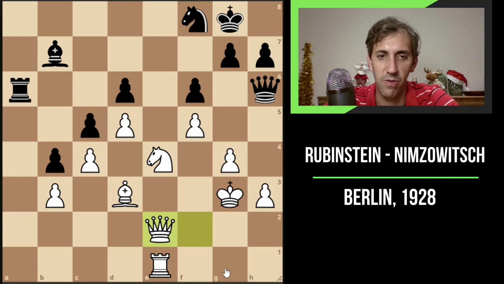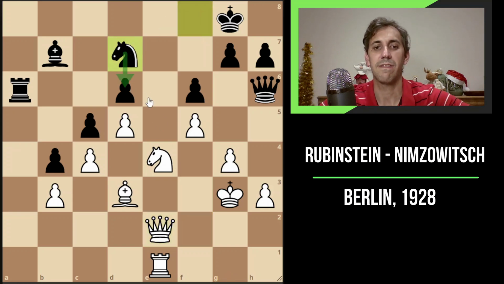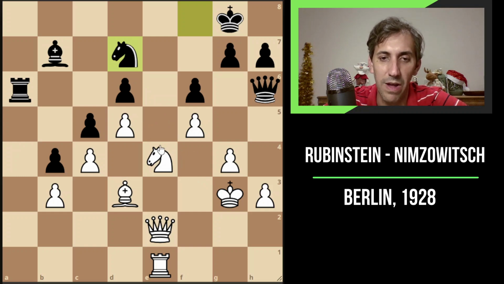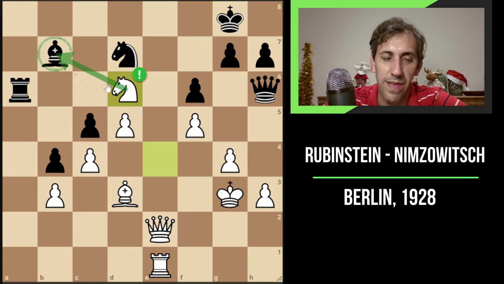No, not much to do here. Black tried knight d7 with the idea of putting down d5, which had to be considered, but white had calculated this very well. Knight takes d6, and he's getting in before black can do anything. Attacking the bishop, by the way, so there's really no way other than taking the rook, but then queen e8 check,